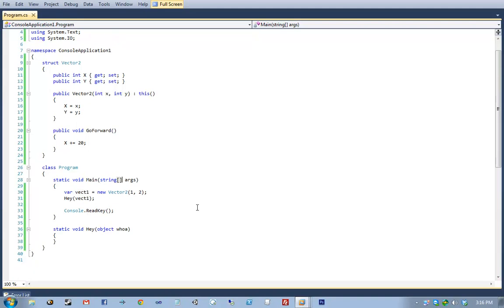You get a ribbon on top and everything. What's interesting about this code right here is that we are passing an object by value into a reference type. Remember, objects are reference types, but structs inherit from object.